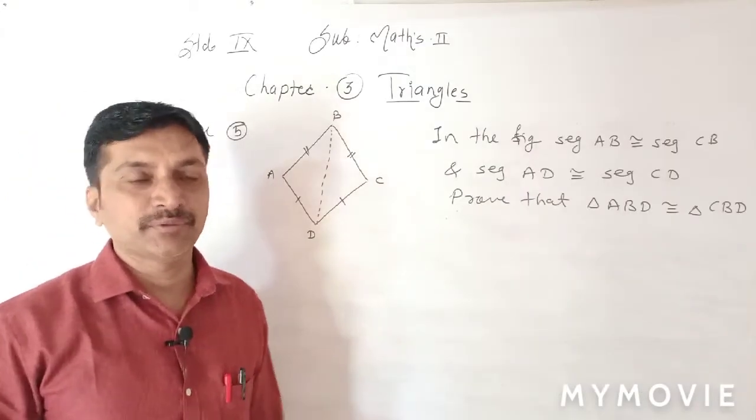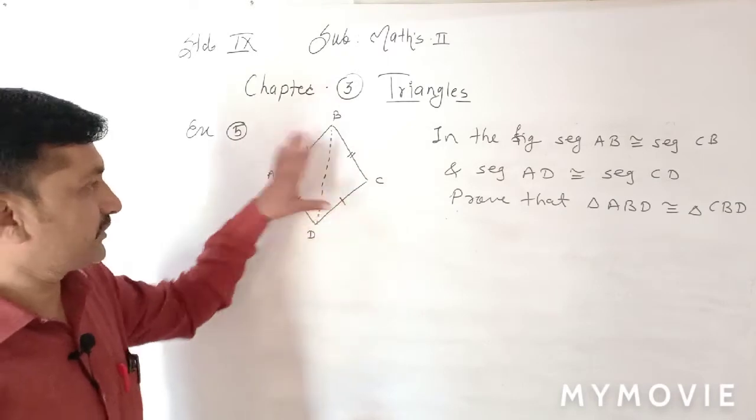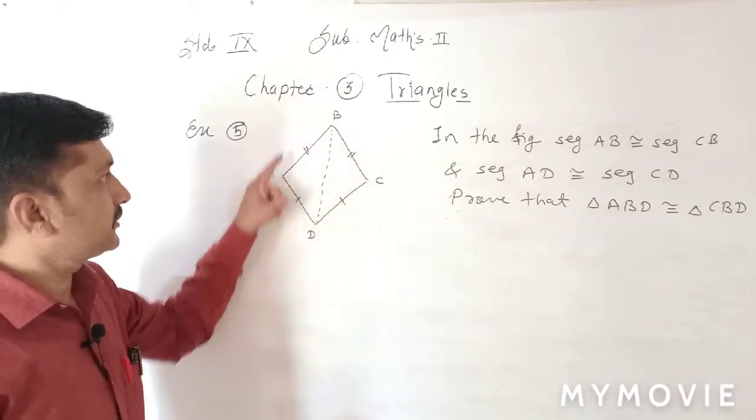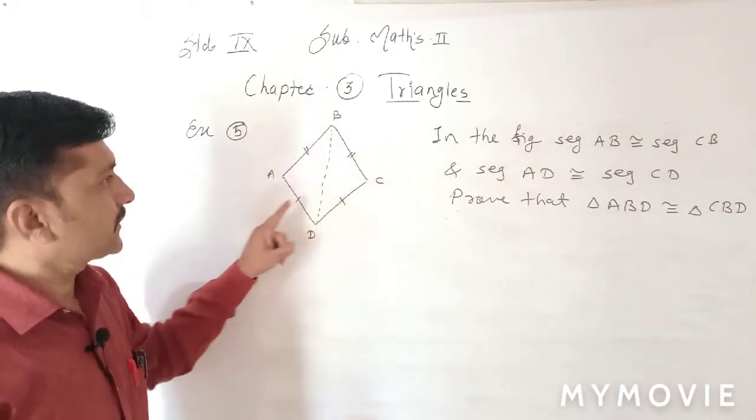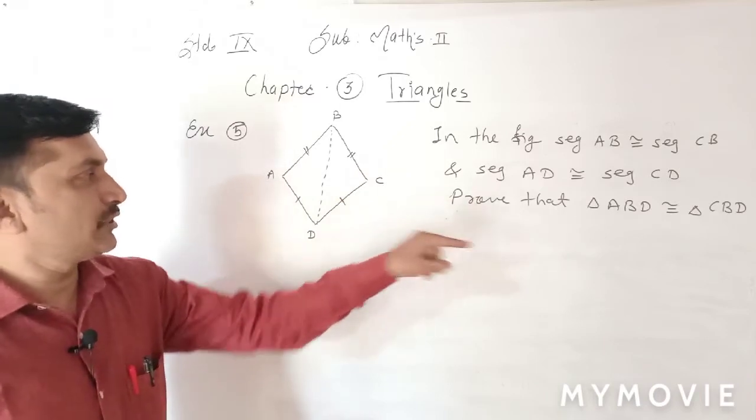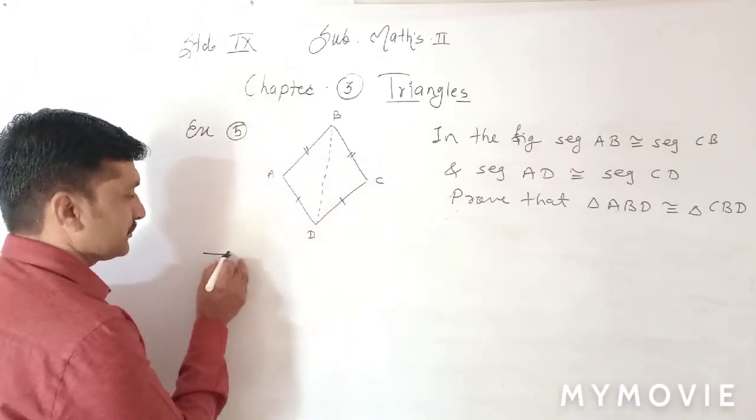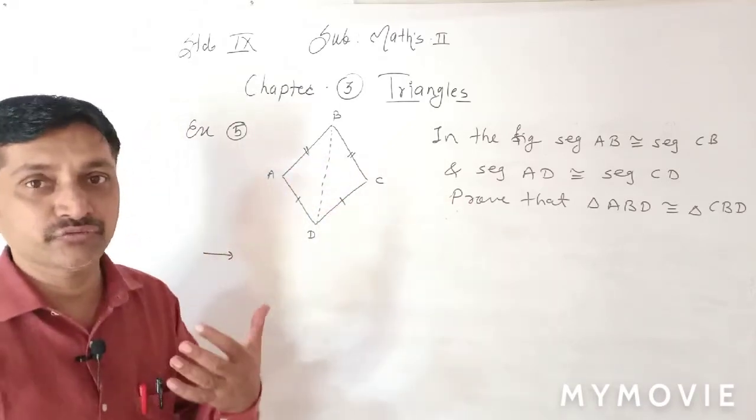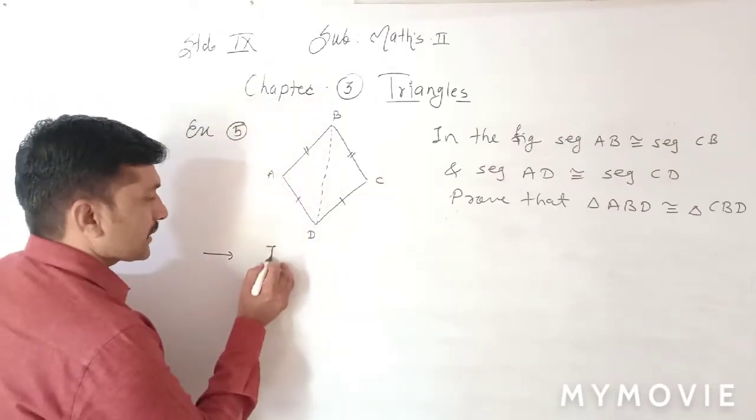Now let's see example number 5. The figure is given with identical marks: AB is congruent with CB, AD is congruent with CD. We have to prove the triangles congruent. This example is very easy. Only one element we need. In triangle